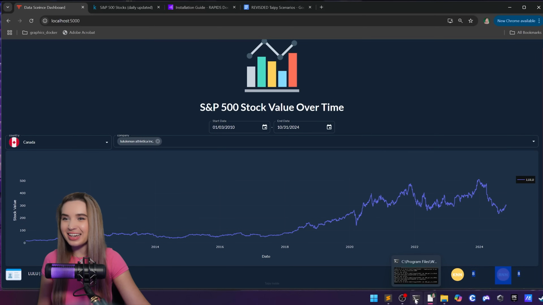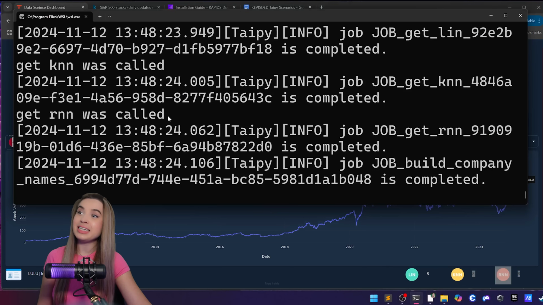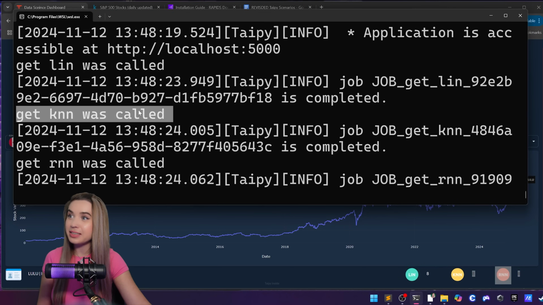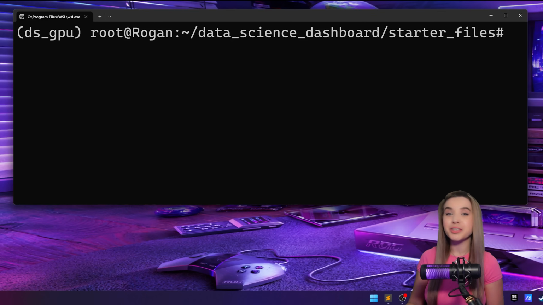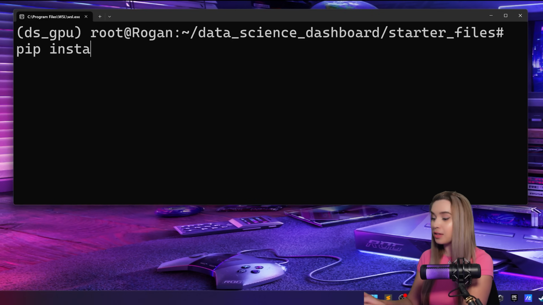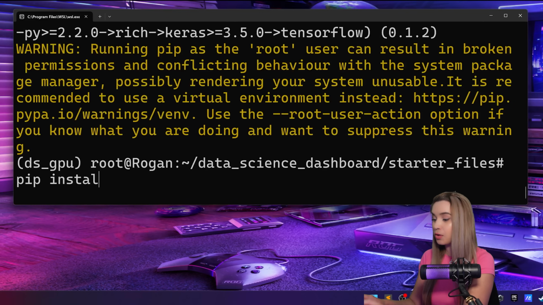And if we look inside our terminal, we can also find the output of our print statements right over here. Amazing! Our backend is fully functional, and we can finally move on with the algorithms themselves. Now, in terms of setup, we will pip install a framework named TensorFlow, and we will pip install a library